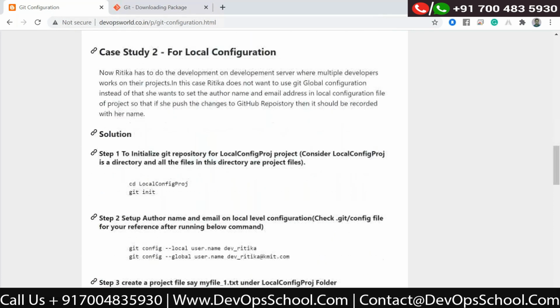Now the local configuration case study. Now Ritika has to do the development on the development server. There is a common server for all the developers. So now she has to develop the code and commit the code into that particular server.